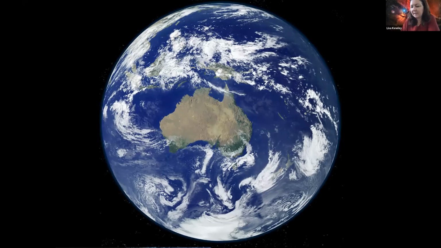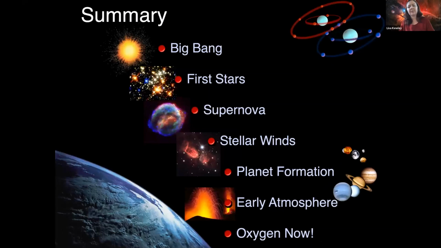So I'm going to do a quick summary of what we talked about. So first, we started with the Big Bang. So in the Big Bang, it created all the hydrogen in the universe and a tiny little bit of helium. And then those hydrogen and helium atoms collided together in sort of puddles, and they became small clumps and then big clumps of gas. And the biggest clumps of gas then collapsed to form the first stars. And it was in those first stars that the first oxygen started being made in the universe.